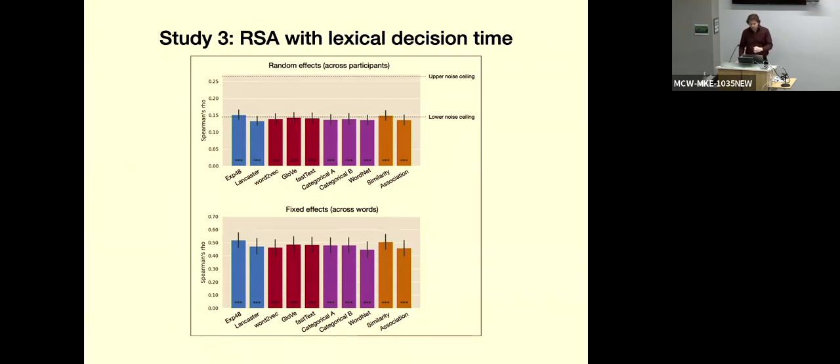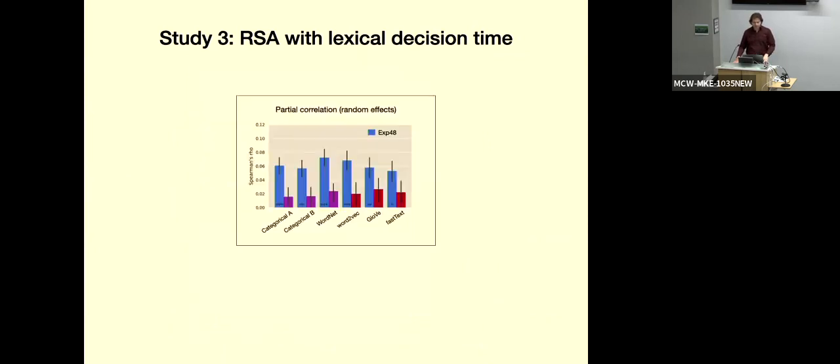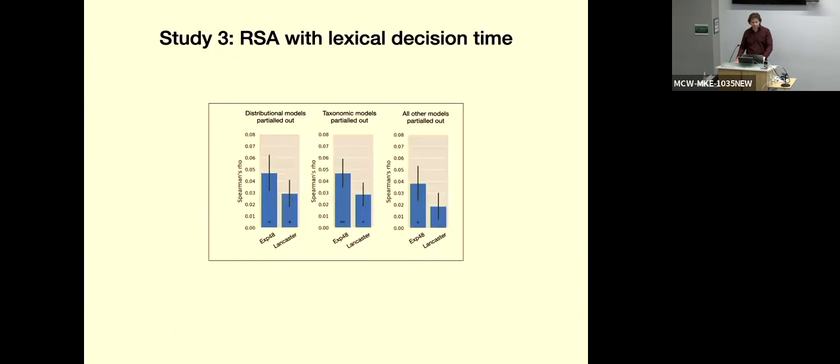So to be able to tell these models apart, we have to look at the partial correlations. How much each model explains uniquely after you control for the predictions of the other models. And this is the partial correlation between X48, an experiential model, and each of the other 6 models. So X48 after controlling for categorical A, and categorical A after controlling for experiential 48, and so on. And again, you see that the X48 model explained all the variance that was to be explained. The other models didn't add anything. Same result as we found with MRI studies.